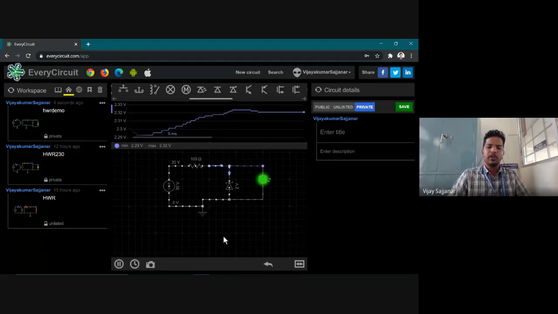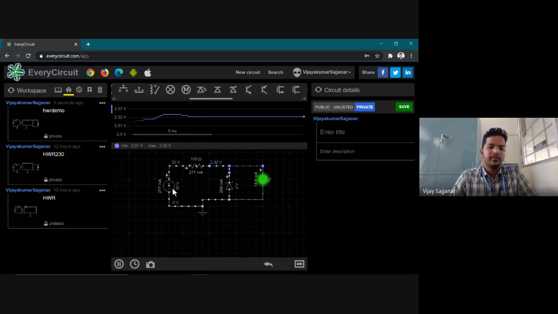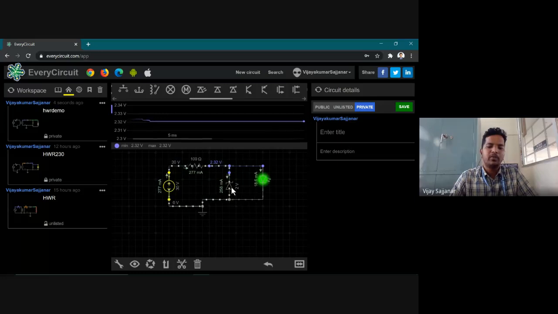Okay. So what we can observe is, though we are trying to give 30 volts, the diode is going to limit the voltage at 2 volts. Why? Because our Zener diode is breaking at a reverse bias voltage of 2 volts. It is breaking down and taking the maximum current, whereas the LED will get its required voltage for getting on, which is 2.3, and a small amount of current, 18 milliampere, 258.